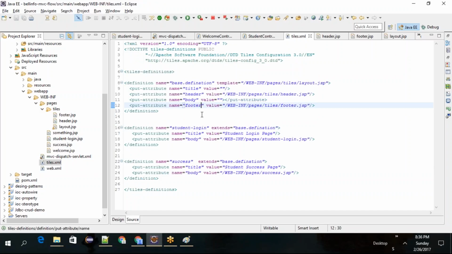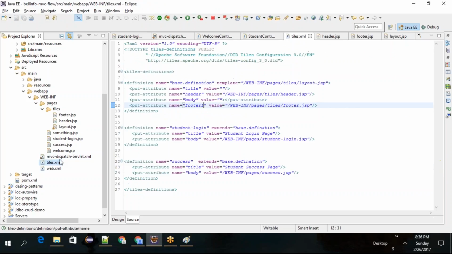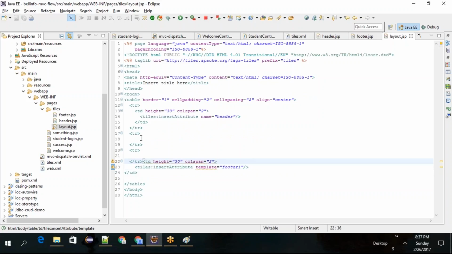Okay, if you say footer 1 here, you need to call it footer 1 there. They will get mapped. Once it gets mapped here, the corresponding page will be inserted. Makes sense? Okay, and then in the center part you're going to add